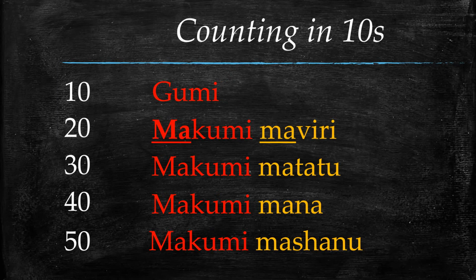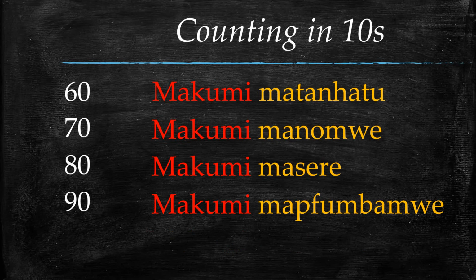Now, counting in tens, 10 is gumi as we already know, but from 20 upwards, the gumi becomes makumi. That's the plural of gumi. So 20 becomes makumi maviri. That ma on maviri is also plural because 2 is more than 1. Okay, and then 30 is makumi matatu, 40 makumi mana, 50 is makumi mashanu,